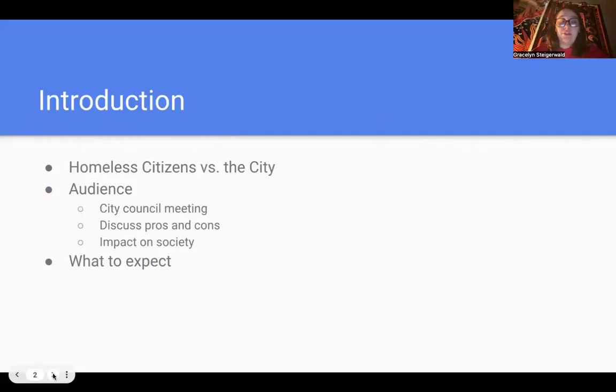Okay, first I just want to introduce the topic a little bit. I'm not going to define yet what anti-homeless architecture is. Hostile architecture particularly targets the homeless population. On the contrary, hostile architecture benefits the larger cities due to the idea that tourists are more likely to go to a city that has less homeless population. This is typically due to the stigmatization that homeless people are dangerous and crime typically follows them.